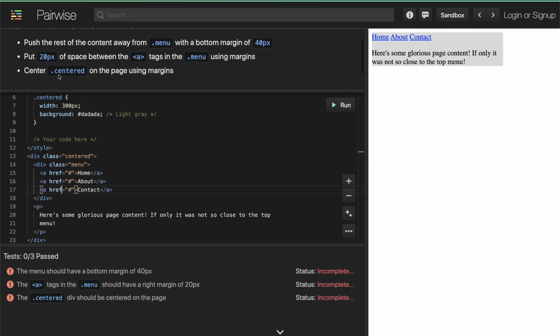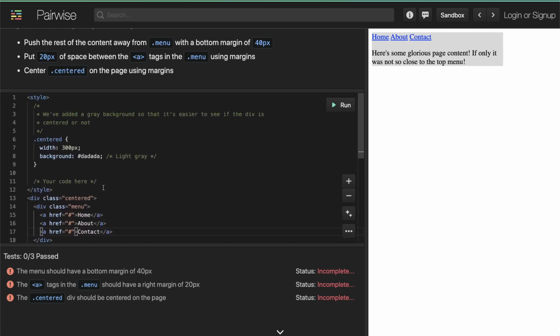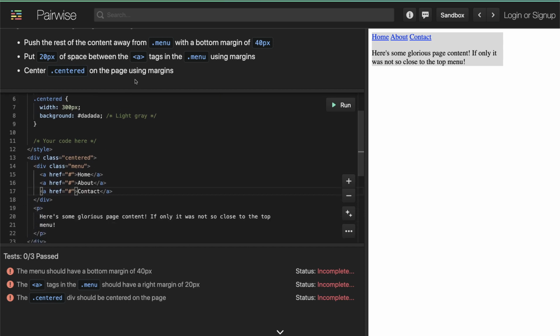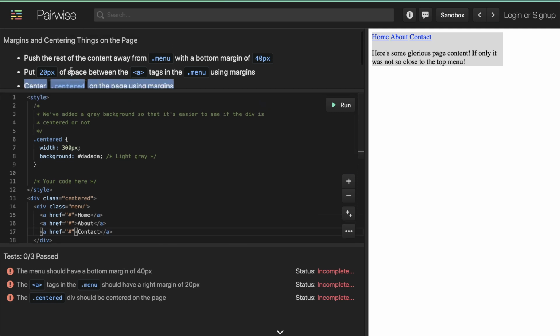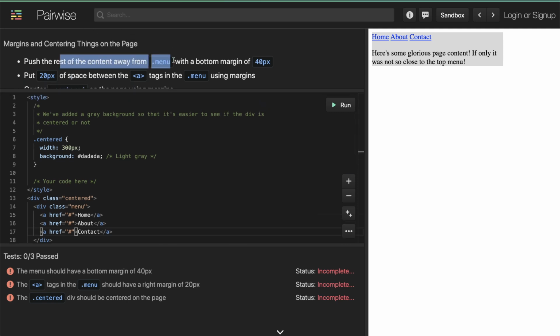And we want to center on the page using margins. And that's a pretty common trick that you'll see, is to use the keyword auto in your margins. So we'll get to that one last. First, let's do these simple ones. We want to push the content away from menu with a bottom margin of 40 pixels. All right, so